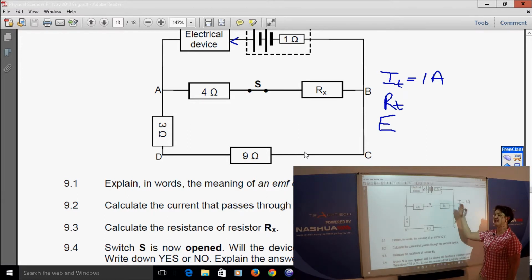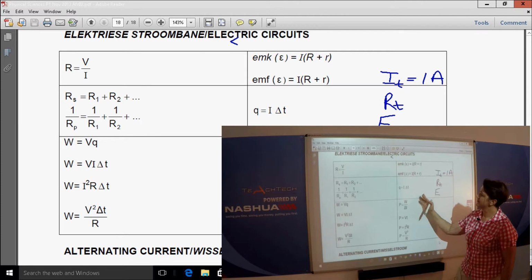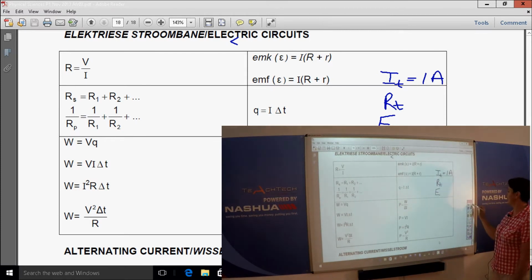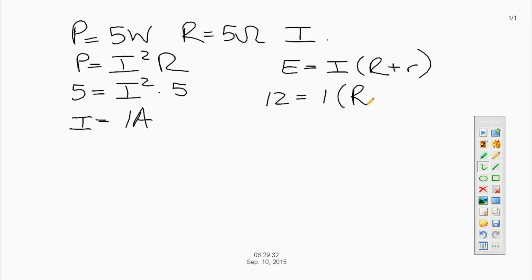And only then I can go to my parallel formula to work out one of the resistors in parallel. Alright, so let's see how we will attempt this one. We will start with E is I (R plus r), right? We've got the 12, we have the 1. We're going to calculate the total external resistance plus the 1 that we already have